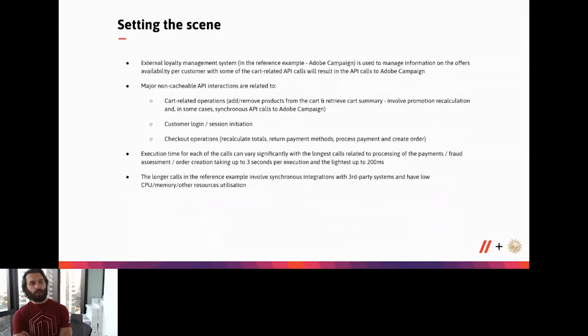The external loyalty systems are also in place, like Adobe Campaign. And Adobe Campaign been integrated with a number of cart-related API calls, which are mostly non-cacheable, as they are session-dependent and quite rely on external systems to retrieve information about the cart, about the price, stock. There are a number of heavy operations related to cart operation, like adding or removing products from the cart,